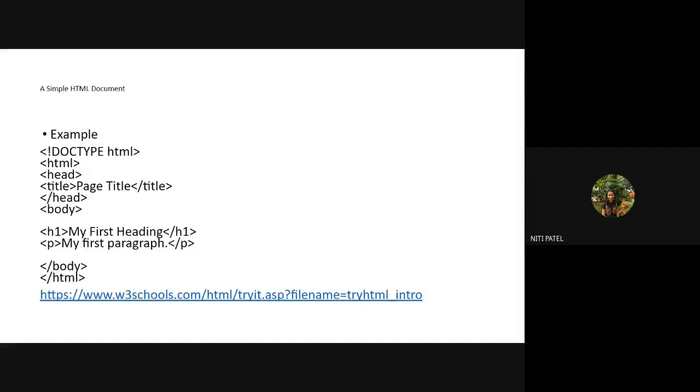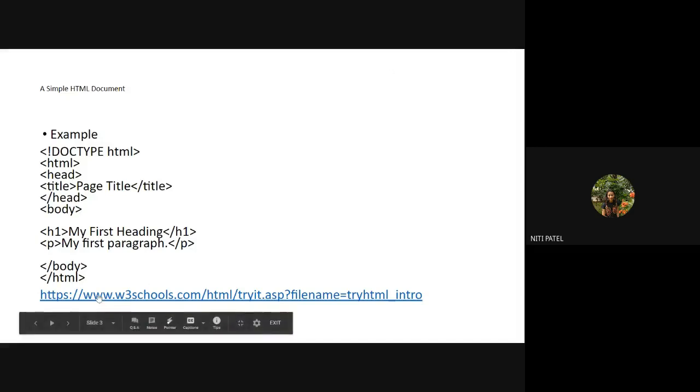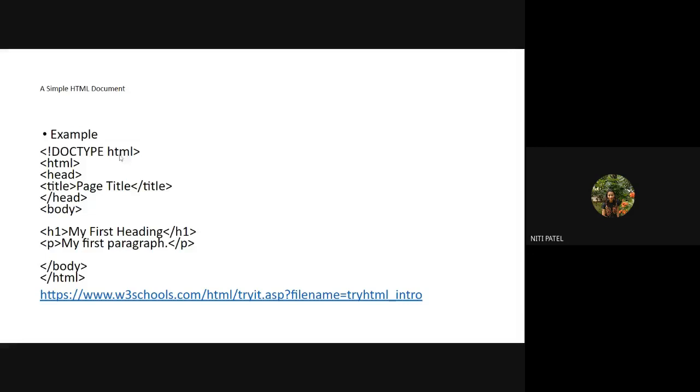Okay. So see, this is a simple HTML document. That means a simple HTML page. Now I will be explaining each and every line, and then I will show you how it executes. Okay. So the first line is opening angle bracket, exclamation mark, DOCTYPE html. Now see, whenever you write any programming language, you do not have to miss any of the things.